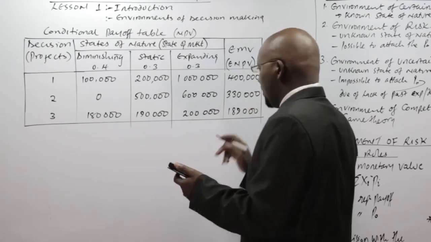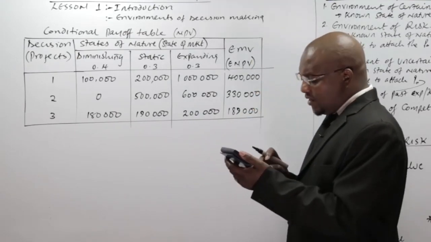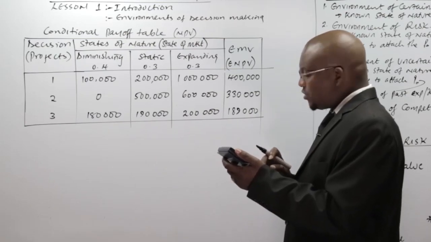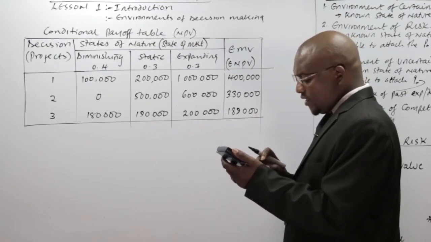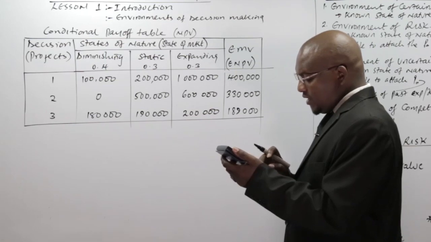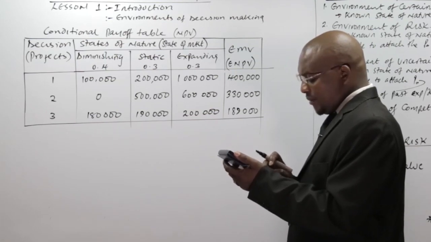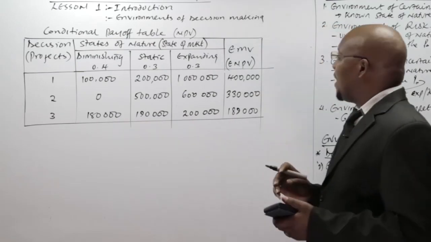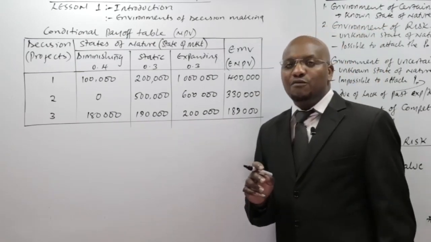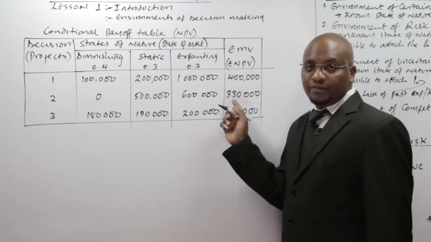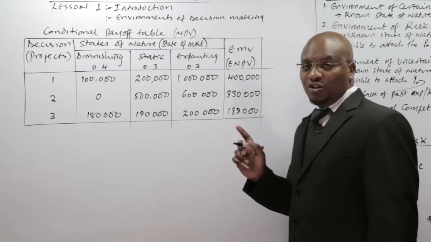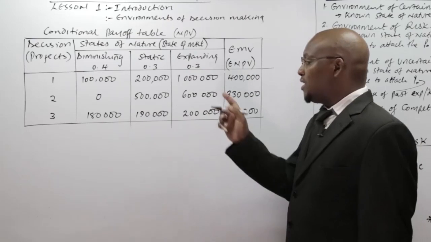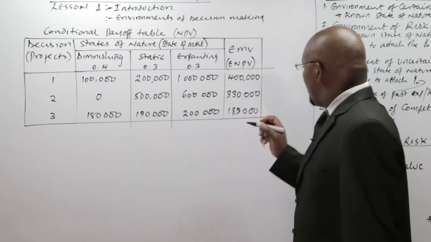189,000. So let me repeat that. 180,000 multiplied by 0.4 plus 190,000 multiplied by 0.3 plus 200,000 times 0.3, giving us 189,000. That's true. Now, we have said that if you're using the EMV, then you are going to choose the best decision, the one that has the highest EMV, because these are incomes, they are NPVs. So the highest is this